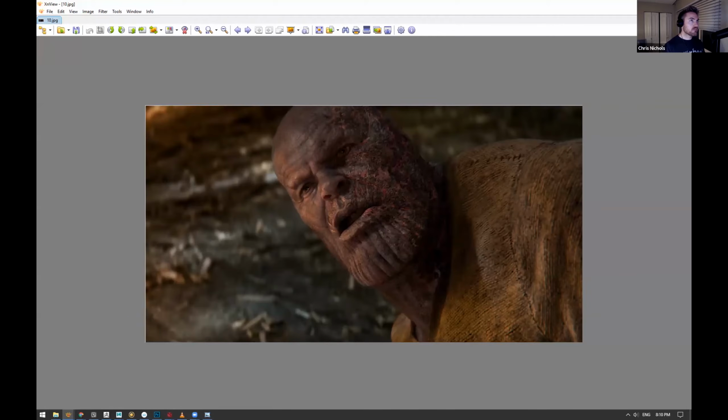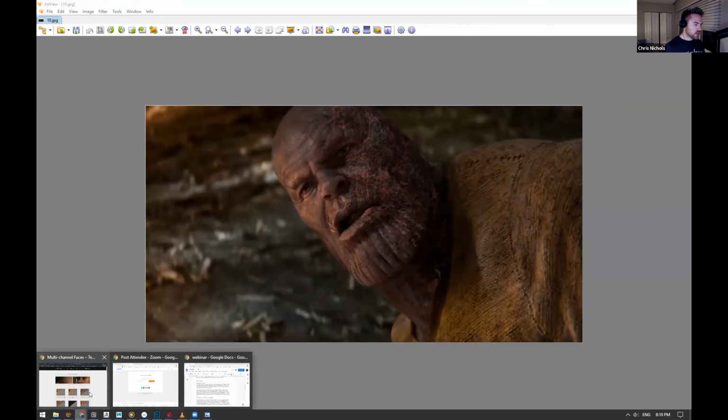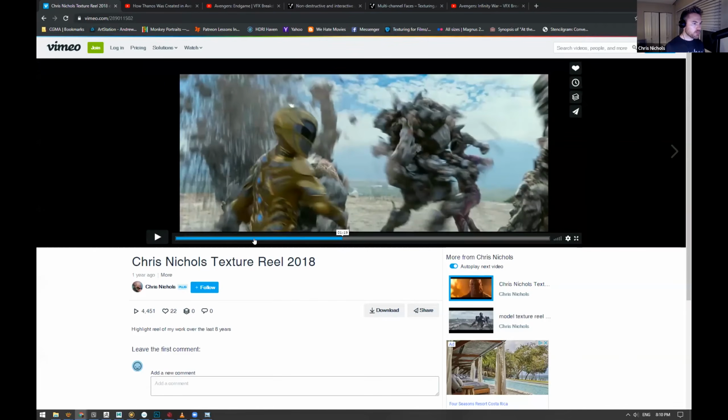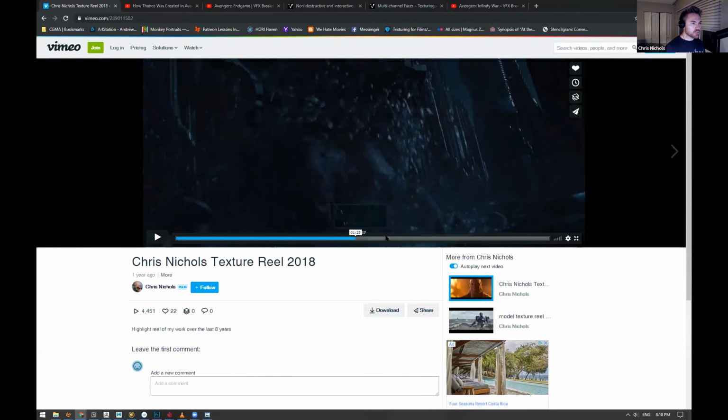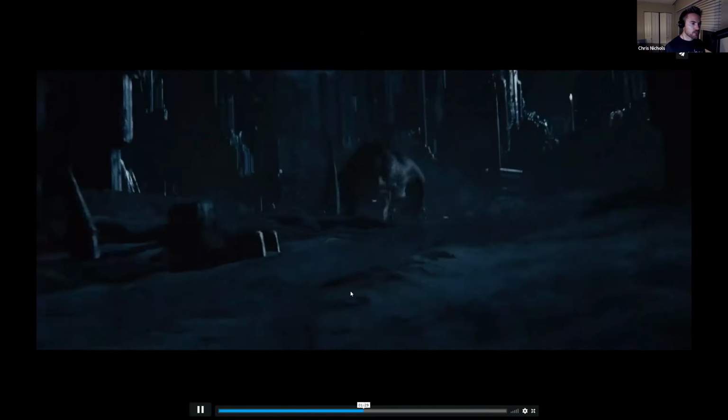But it's just a very versatile piece of software. I think Weta developed it for Avatar, so that would have been 2009, but it really didn't make it into the public space until the end of 2010. The first creature that I worked on with Mari was the Frost Beast in Thor. This is the first thing I ever did in Mari, creating the skin detail, like all the bump maps, and also a lot of the color work.